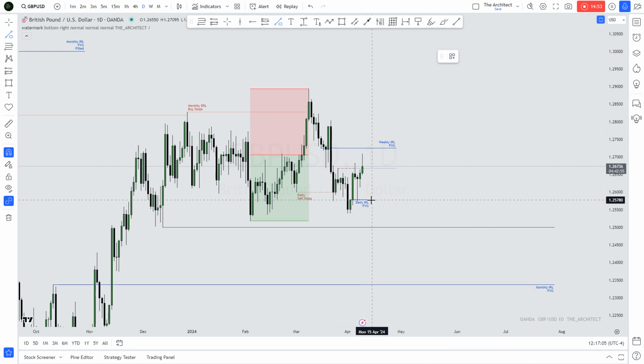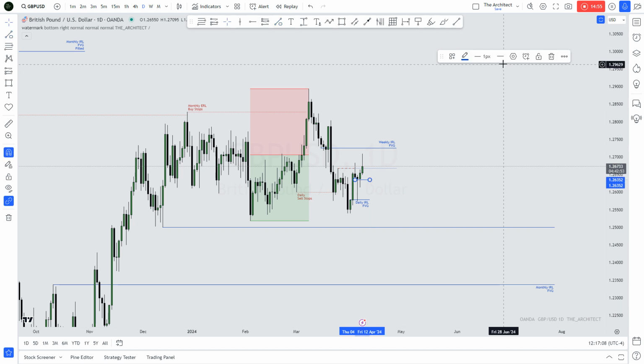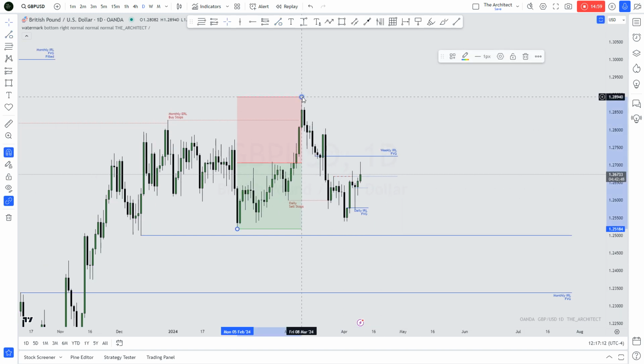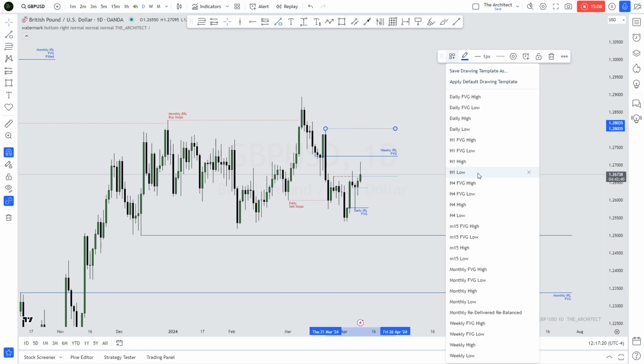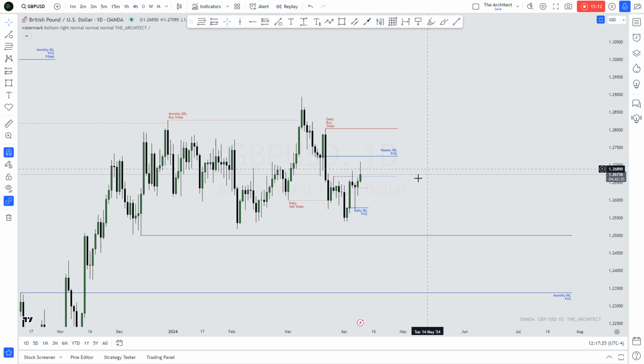We see that the daily fair value gap got filled over here, giving us a signal that now we may start to deliver higher as to reach premium prices of potentially this leg. So you already have a premium point over here, which exists as buy stops, which could be a draw on liquidity. So already this is a first signal that we may disrespect this weekly fair value gap.